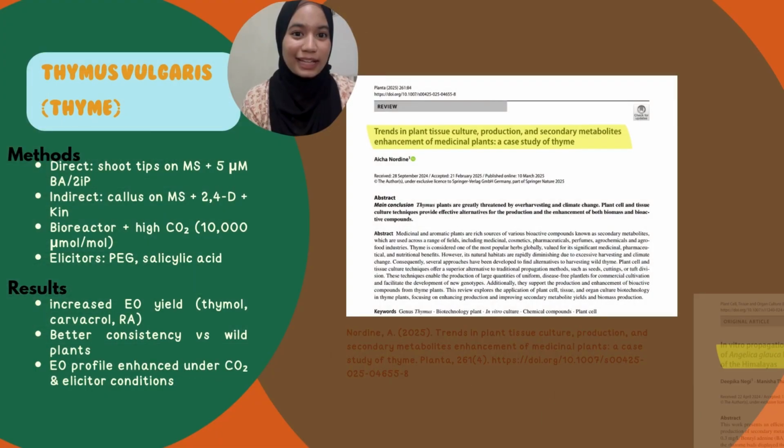The next example is Thymus vulgaris, or thyme. It was cultured both directly and indirectly using shoot tips or callus induced with 2,4-D and kinetin. The bioreactor systems with high carbon dioxide levels and elicitors like PEG led to a notable increase in essential oil production such as thymol, carvacrol, and rosmarinic acid. These in vitro cultures offered better essential oil consistency and quality compared to wild plants,